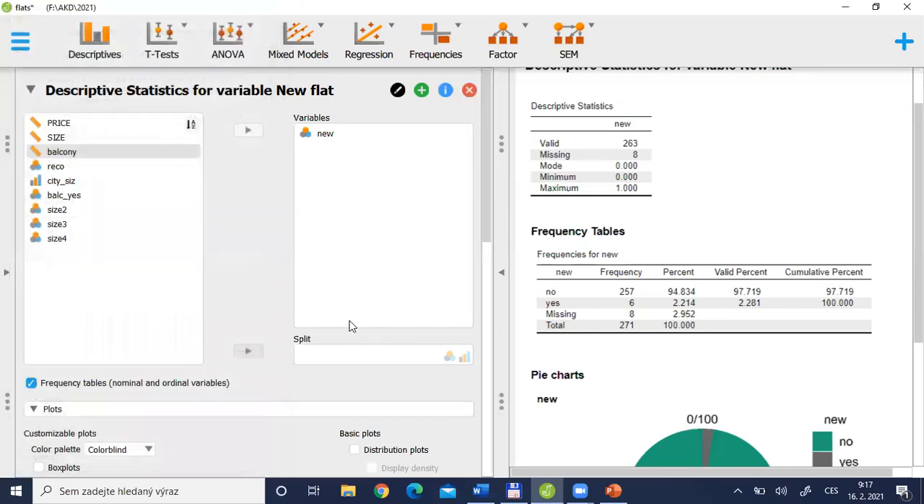So that's the first introduction into JASP, into descriptive statistics for nominal variables. And now it's time to